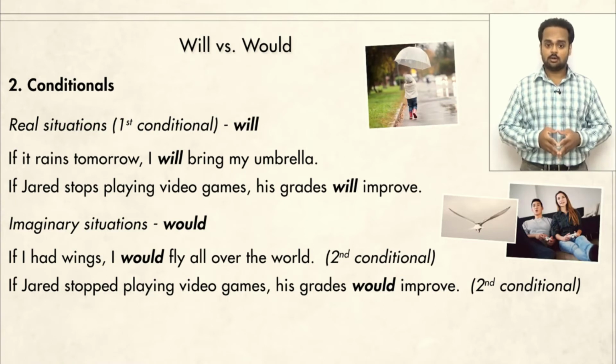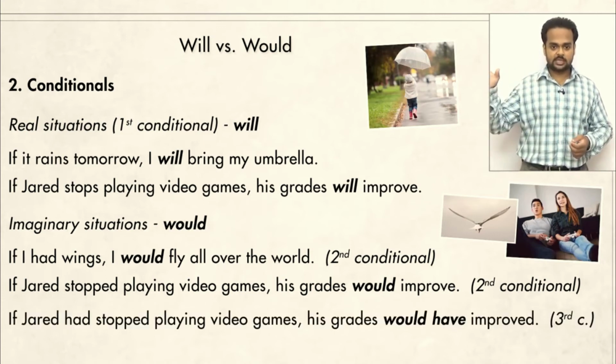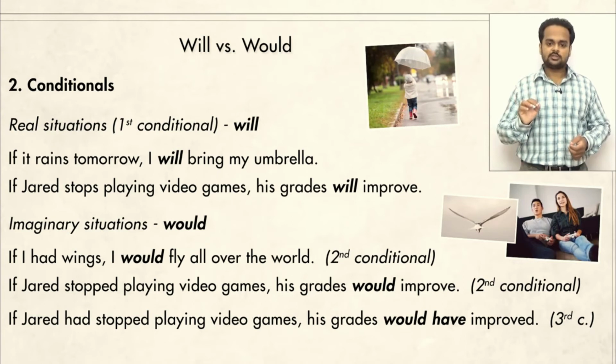But there's one more, the third condition. This is used to talk about past conditions. Imagine that Jared had his exam, and as we expected, his grades were poor. So then we can say, if Jared had stopped playing video games, his grades would have improved. So here we're talking about a condition in the past. Notice that we say had stopped, this is the past perfect tense in the condition, and we use would have